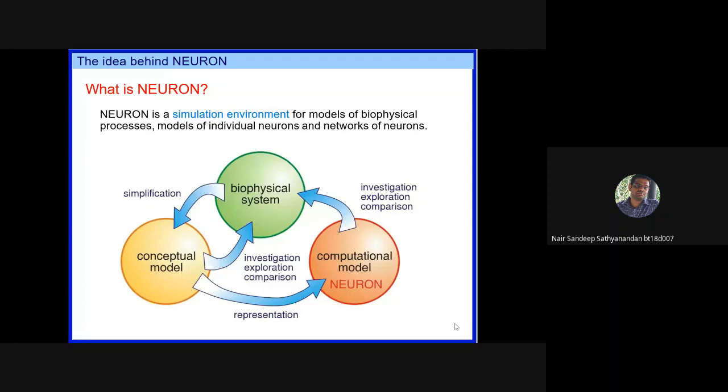Like we saw the communication between neurons and inside the neuron, the sodium potassium channel, ion propagation and all, how it was conceptualized using electrical terminology, using resistors and capacitance. That is the conceptual model, and the computational model represents that in terms of equations and writing a computer program. All three work together so that we can fine tune the particular phenomena and replicate that biophysical phenomena exactly using a computational model.